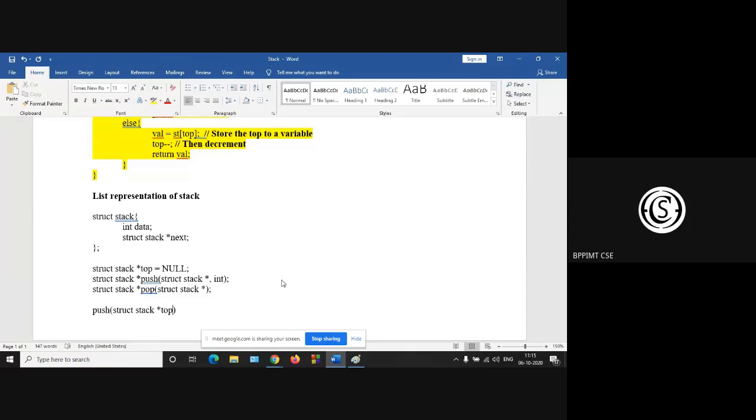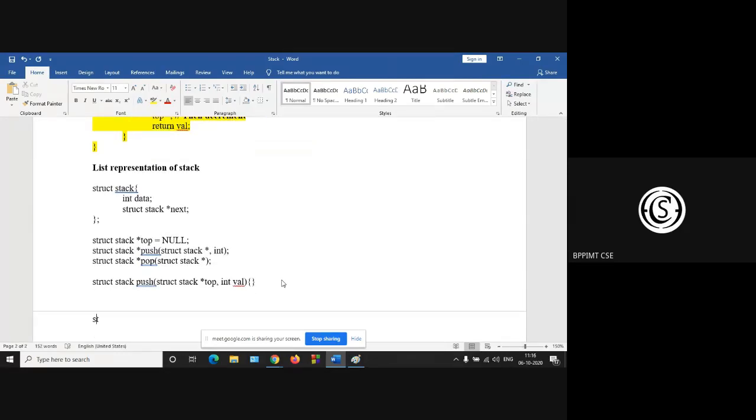So struct stack top and the value is int val. So this is your push function. Similarly, struct stack pop. So this is your pop function.